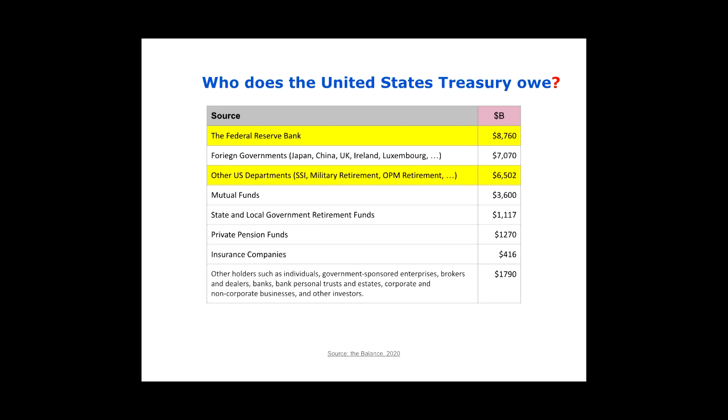And so, yes, some foreign governments are borrowing, or lending rather, to the federal government. But the biggest share, almost half now, is coming from other parts of the United States government. And this is a high risk situation. This is not sustainable in the long run, and not really a good thing.